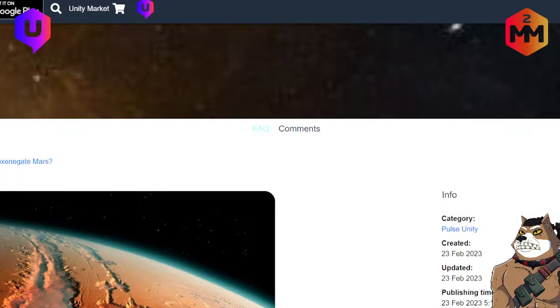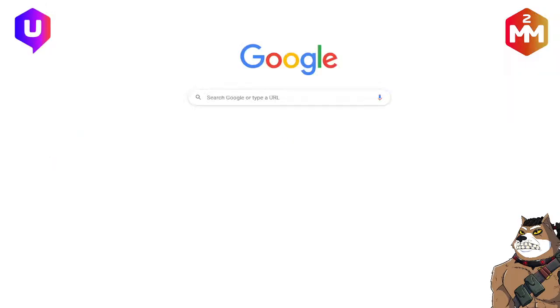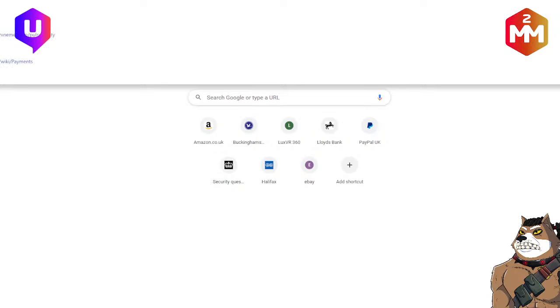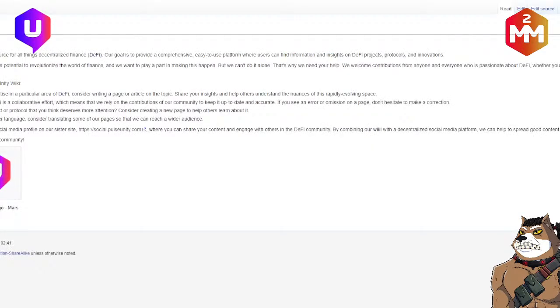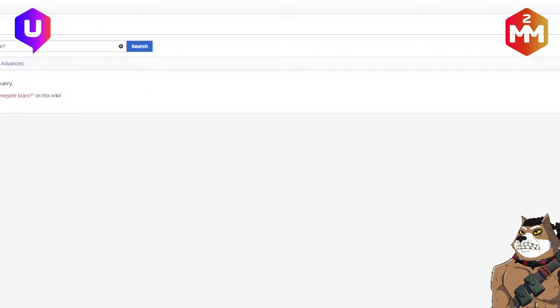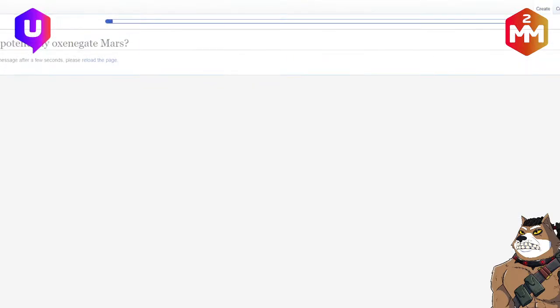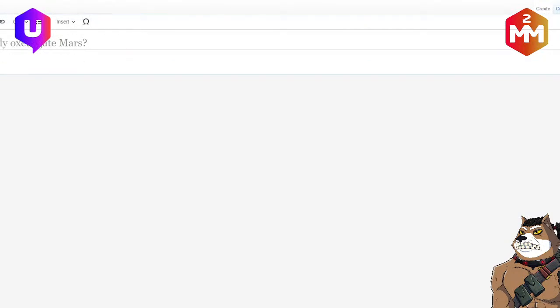Now I'm going to do something even cleverer, because basically guys, we've also set up a wiki on Unity in Defi.com. Now I'm going to search the wiki for that same question, and of course it doesn't have one yet. So it says create the page. I'm going to then come back to my AI